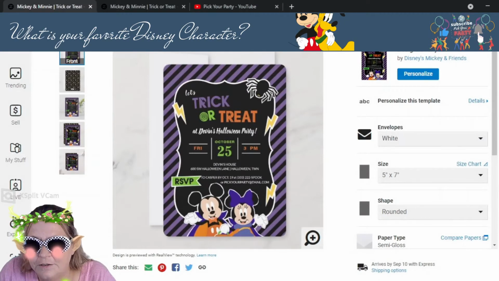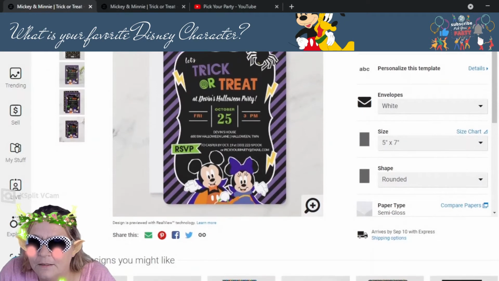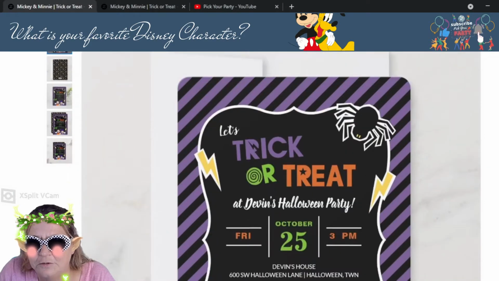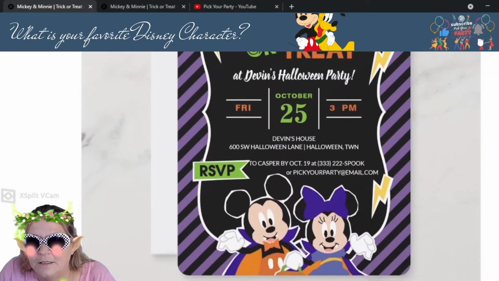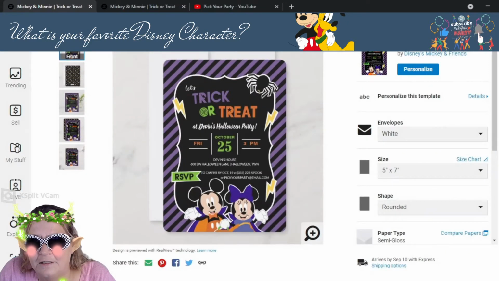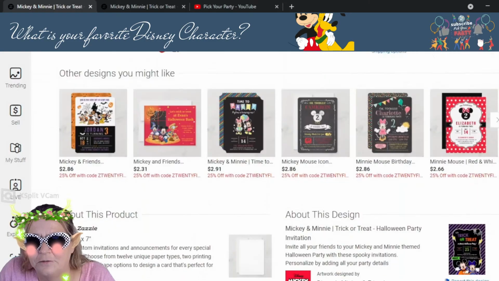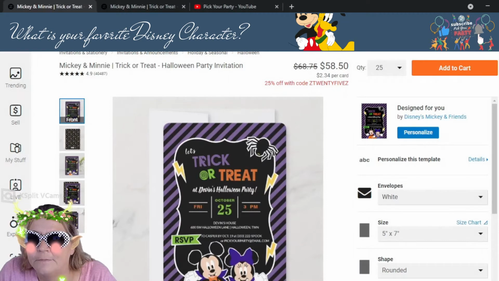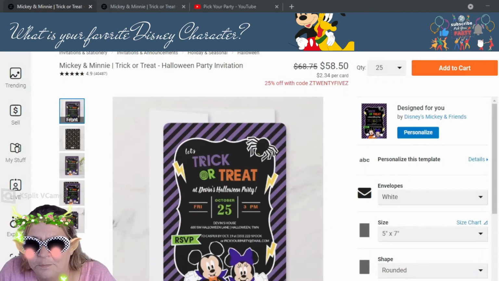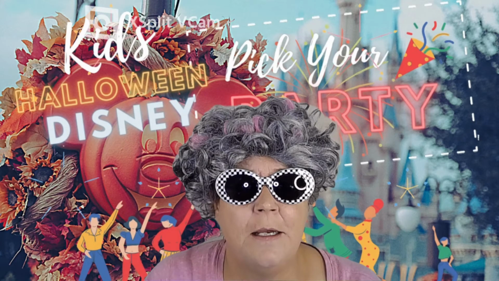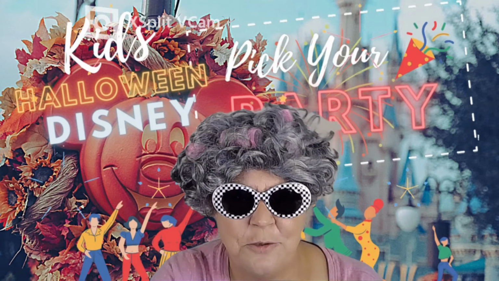There are different shapes and different sizes you can click on and edit those, but look at this up close. Is this not adorable? And if you are a Disney lover or you have a child that loves Mickey and Minnie, which is one of the most magical themes,